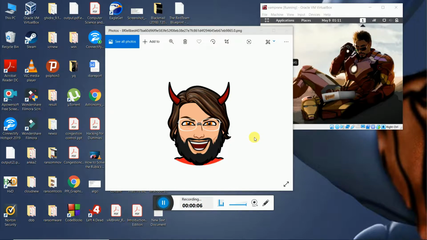So today we are going to learn how to decompile an APK file, that is, converting an Android APK file to its source files. The name of the tool is APK tool, which is used for reverse engineering APK files. It has great importance in forensics and pen testing. We will start with the basics today, and in the upcoming video we will see how to use this tool for hacking and forensics.